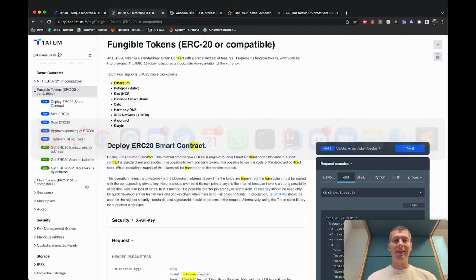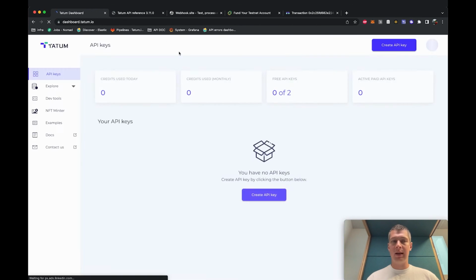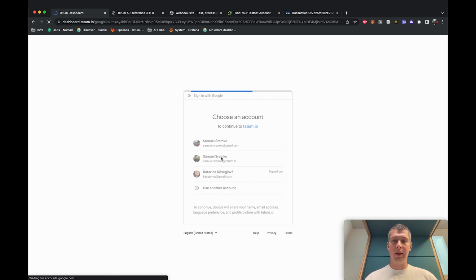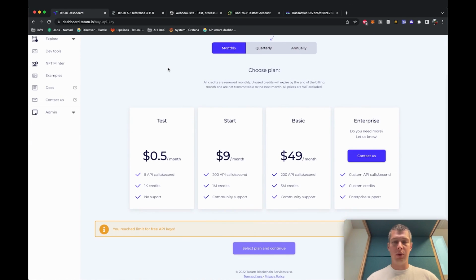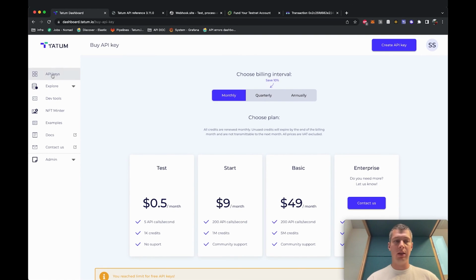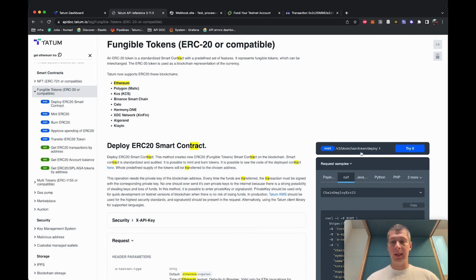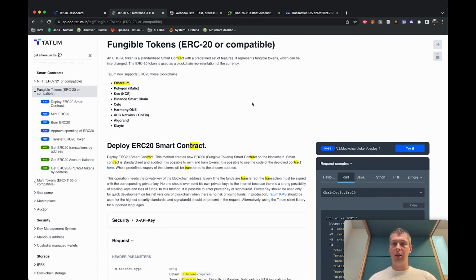It's super easy. The only thing you need to do is to go to tatum.io, sign up in our dashboard. You can sign up via Google or anything else. In the dashboard, you will create your API key. It's free. If you want, you can create free API keys, and then you just copy the API key and you can do whatever you want. You can play around with any URL, with any operation, with any feature. It's just here. If during your build time you want to ask us something, you are not sure how the operation works,